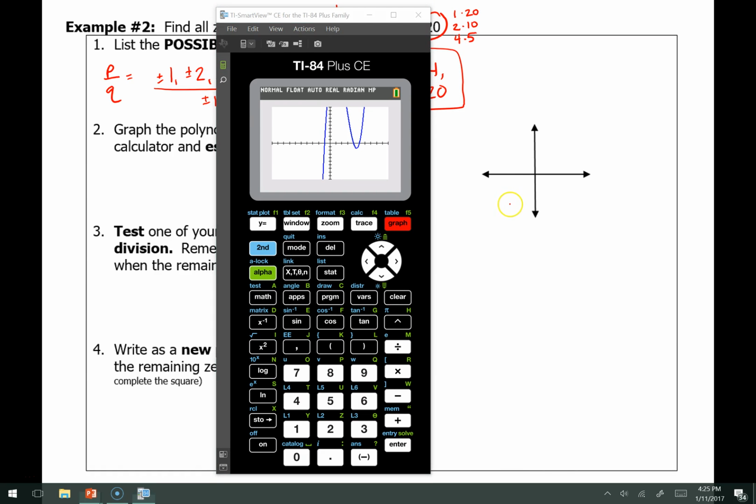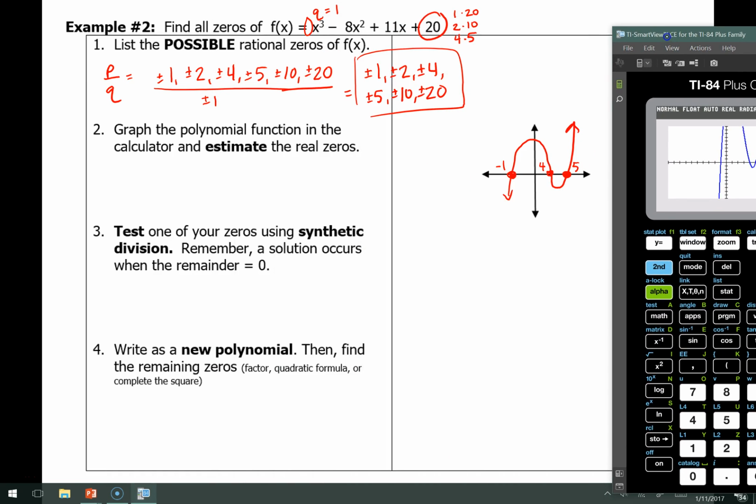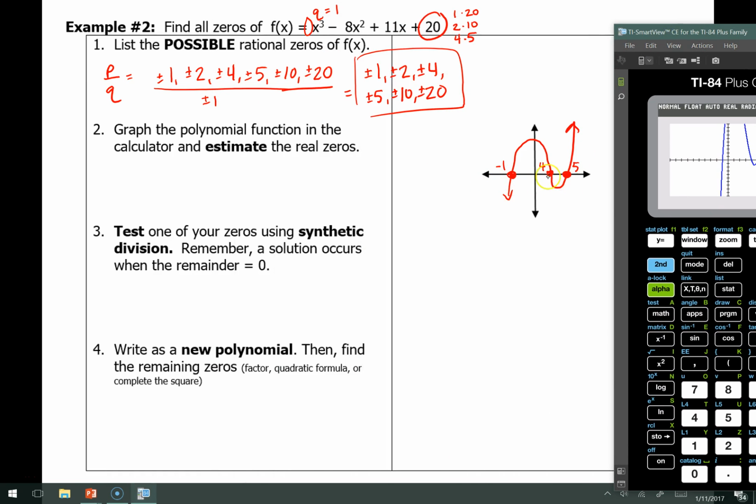It looks like this one. Just something a little more like this time. And it looks like it has 1, 2, 3 x-intercepts again. Estimating there, roughly that is at -1. This one is at 4, and that last one is at 5. Okay, so now that I have my estimates, -1, 4, and 5, we're going to choose one to test using